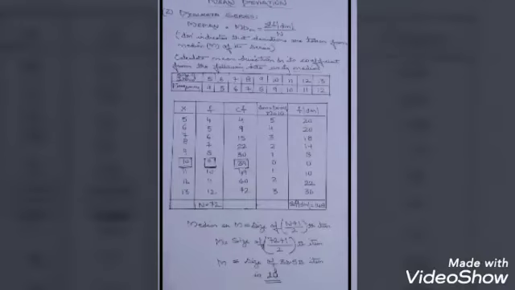Now the next column is cumulative frequency, and you know very well how to convert frequency into cumulative frequency. All you have to do is keep on adding the frequency. The first cumulative frequency is 4. Then 4 plus 5 comes to 9. Then 9 plus 6 comes to 15. 15 plus 7 comes to 22. 22 plus 8 comes to 30. 30 plus 9 is 39. 39 plus 10 is 49. 49 plus 11 comes to 60. And 60 plus 12 comes to 72. So this is how we got the cumulative frequency.